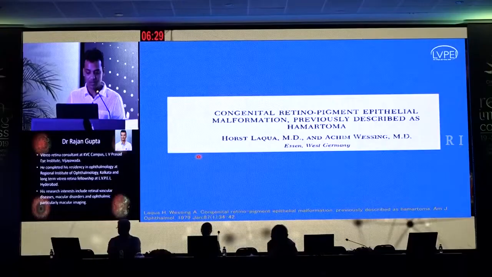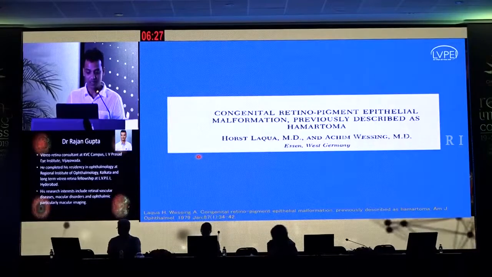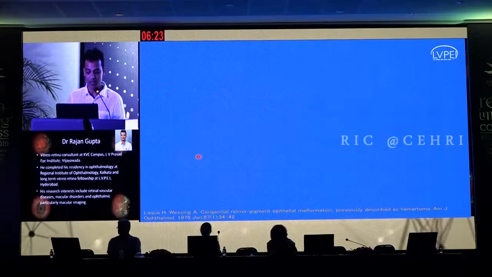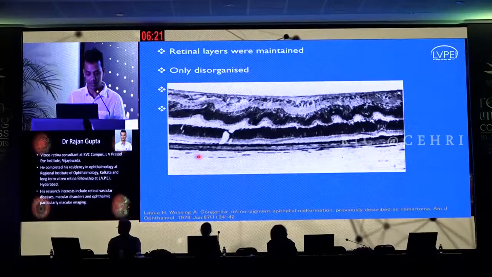There was contradictory evidence a few years later regarding the histopathology of macular lesions, which were described as congenital retinal pigment epithelial malformations by Lacroix et al. And the